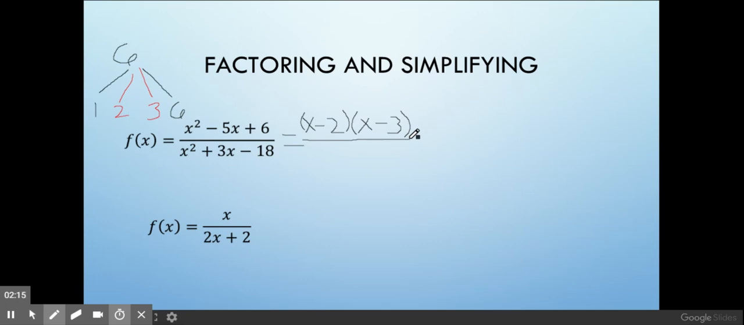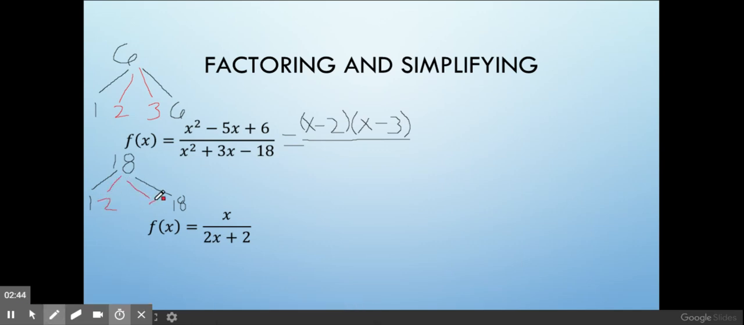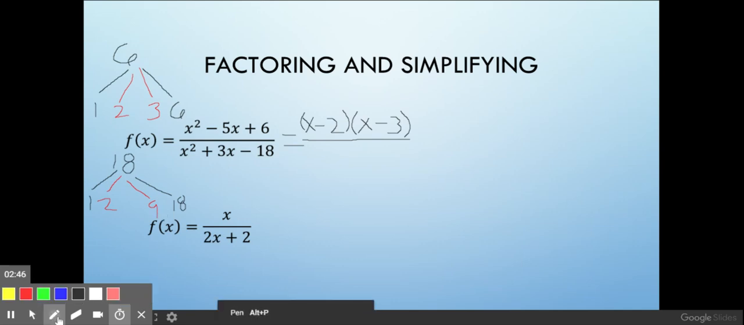So that's the top. We're going to do the same thing for the bottom. So looking at the bottom, we have -18 that we're multiplying to, and then we're adding to a +3. So let's first look at 18. We need to figure out what are the factors of 18. So we have 1 and 18. Another factor would be 2 and 9. So we have 2 and 9. And there's a third pair of factors, so 3